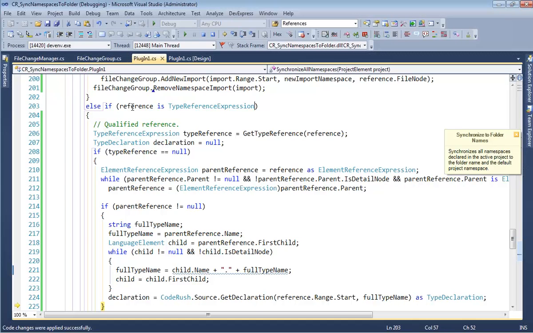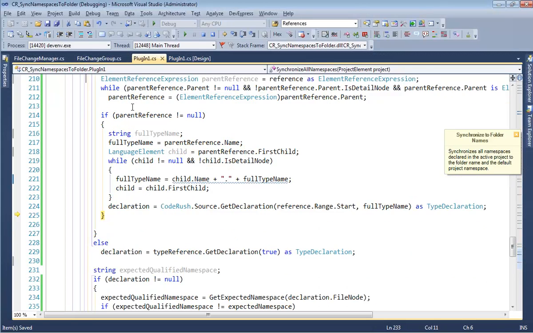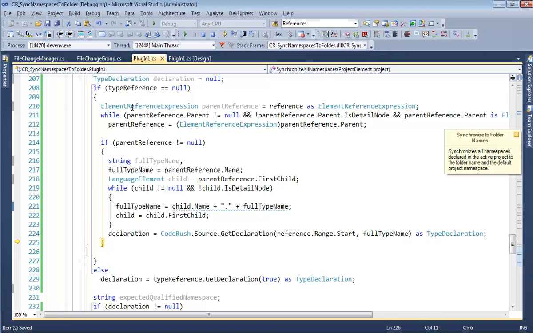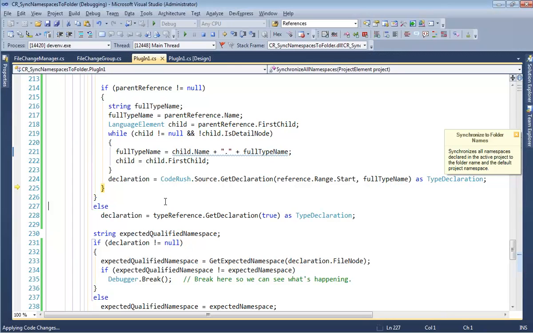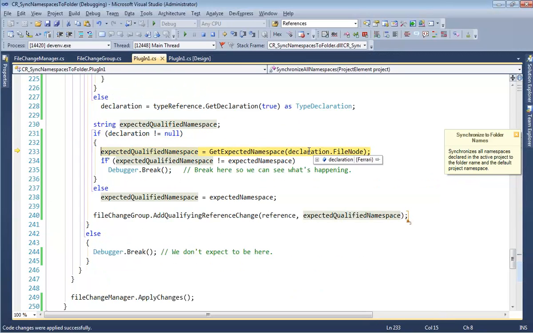Right now we can say if reference is that, or reference is element reference expression. If it's one of those two, then this code will run. Now I want to do an extract method on this after we're done to clean this up. And I may do that after we're done with the webinar. So now we come down here and say if declaration is not null, then now that we have the declaration,